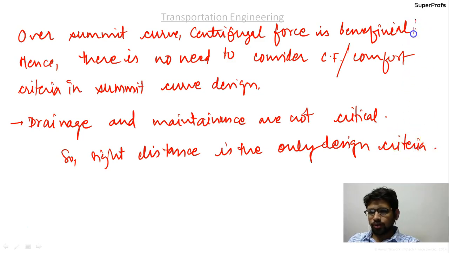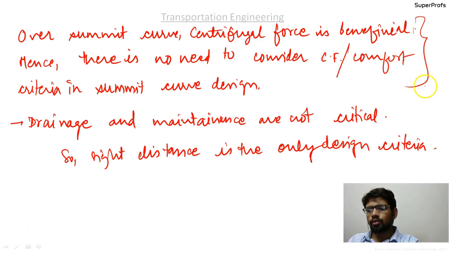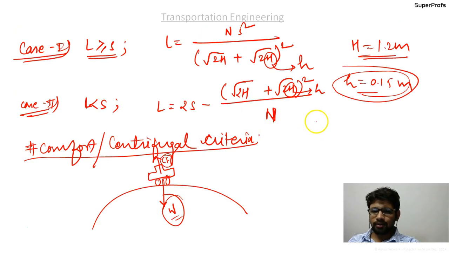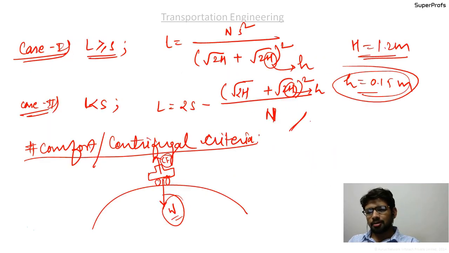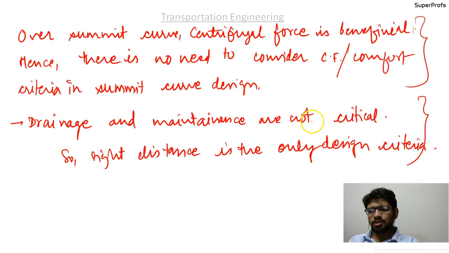Based on these points, at times there are one or two 1 mark theory questions asked in GATE, and the formulae are to be marked up in some sense. So it is important, but GATE will focus mainly on asking such kinds of questions. I am not asking you to skip anything because you cannot predict anything. Okay guys, now we will move on to solving numerical examples based on summit curves.